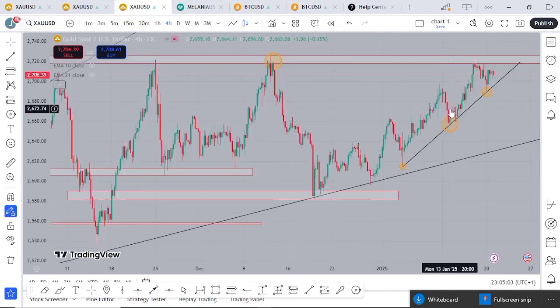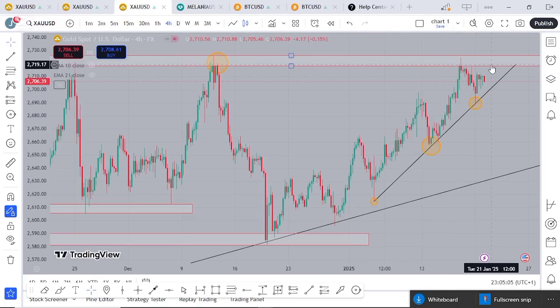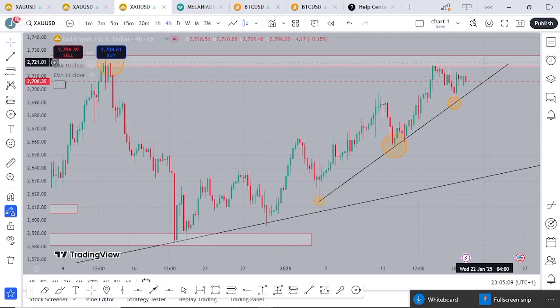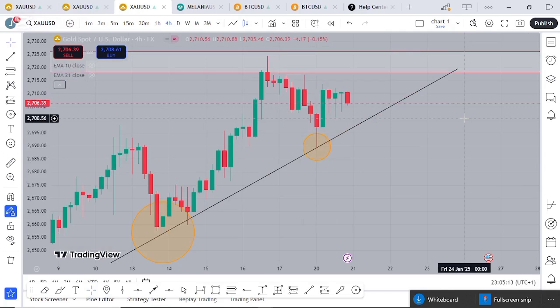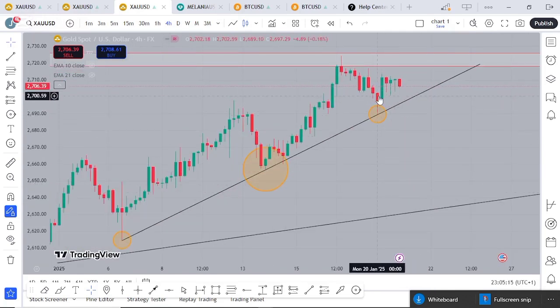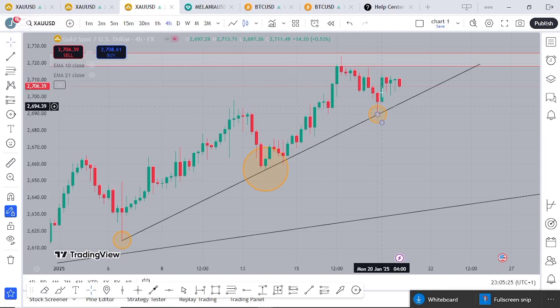So what we expect from price now is the fourth one. We are expecting a break. Most of the time the fourth one is a break. So after this we are expecting a break of this place. After this third touch, we have seen a rejection candle. Price is showing us a sign, especially in the 4 hour time frame. We are seeing a bearish rejection here, so we are expecting momentum should go forward.